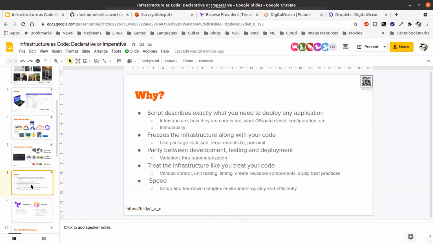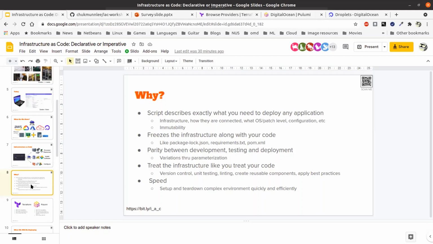Finally, one of the things that people talk about, treating your infrastructure as code, what they really mean is treating those infrastructure scripts that you write like your application. So how do we treat our application? With our application, we have version control, we do testing, unit testing, end-to-end testing, we do linting, we run our lint tool over it.